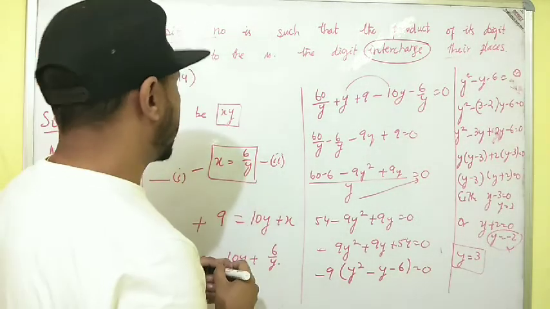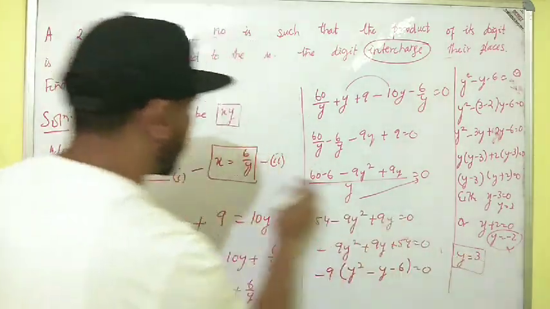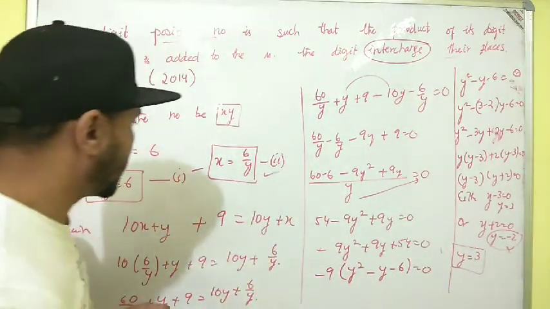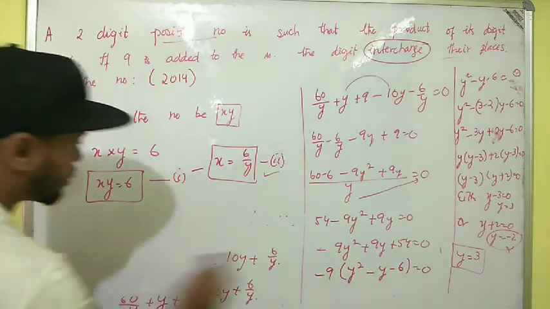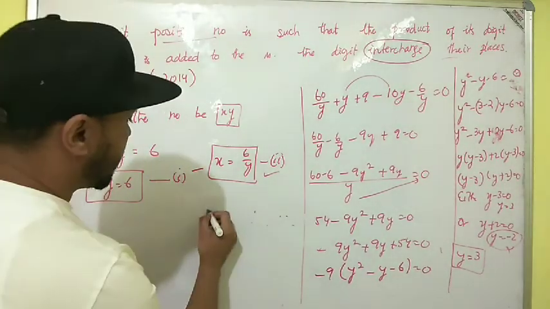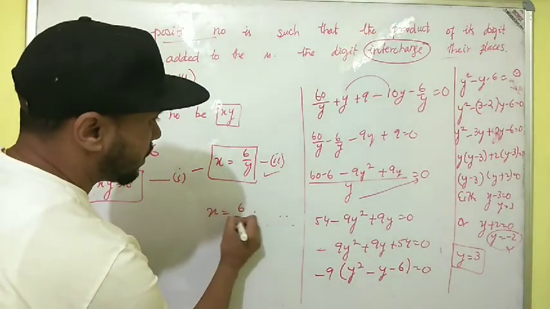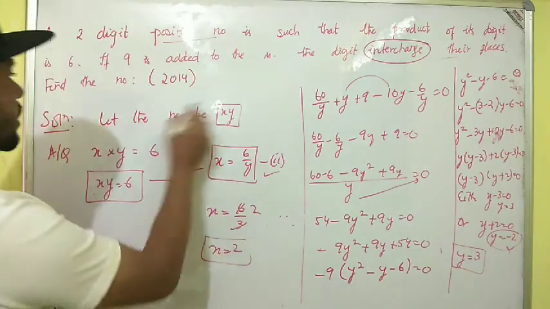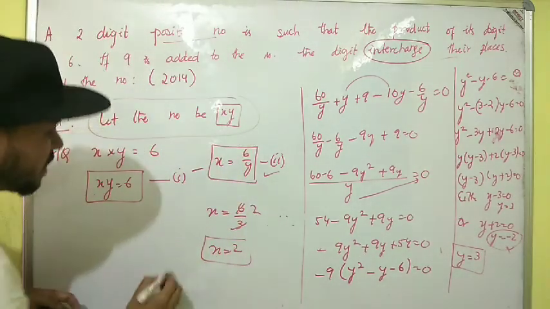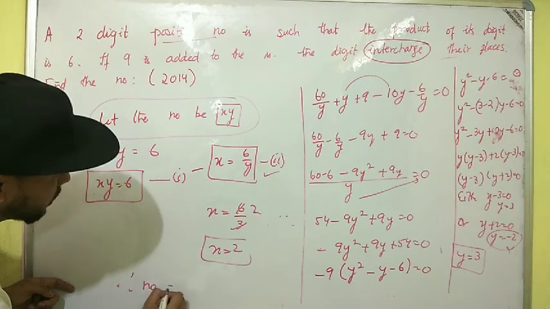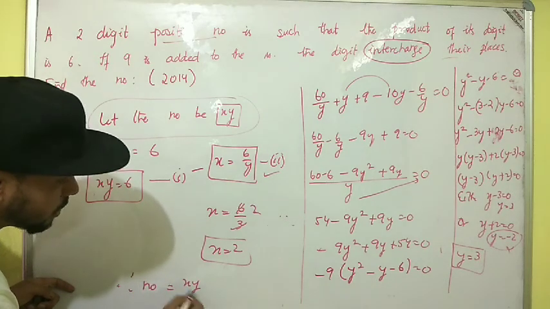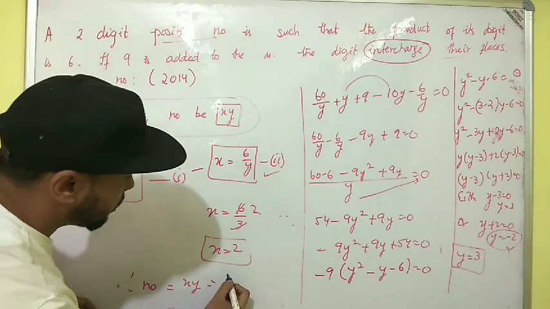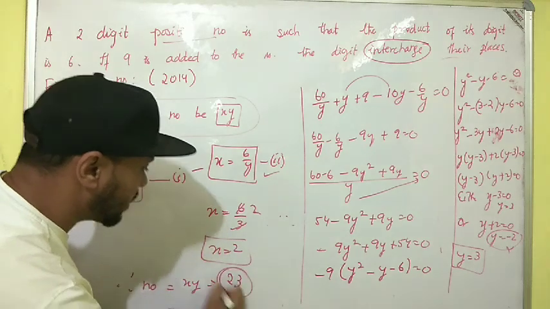Now putting the value of y in this equation, we get the value of x also. So x is equal to 6 by 3. So 3 2s are 6. So x is equal to 2. So therefore the two-digit positive number will be xy, where x is equal to 2 and y is 3. So 23 is the